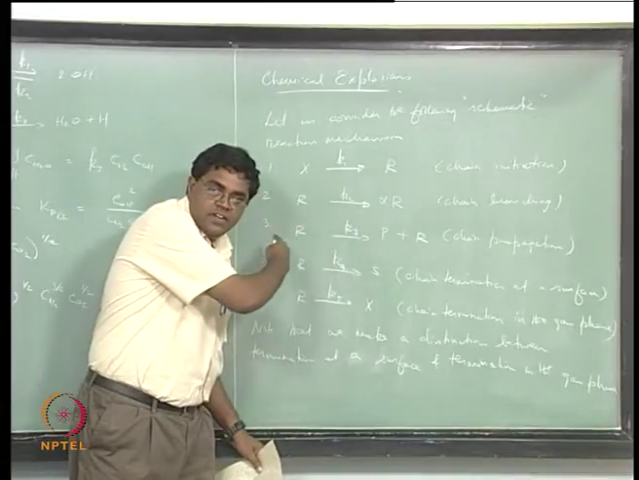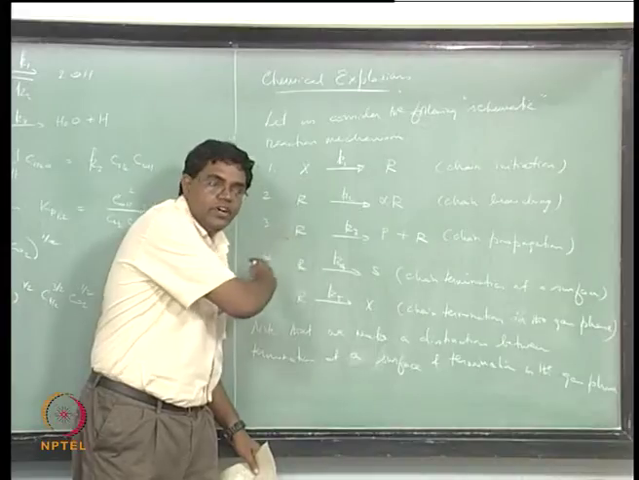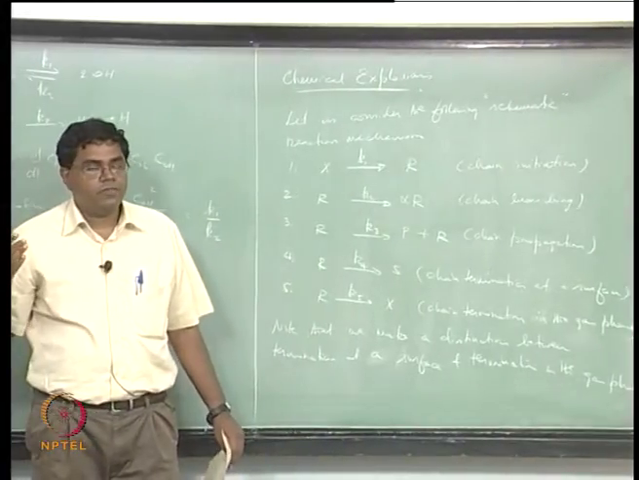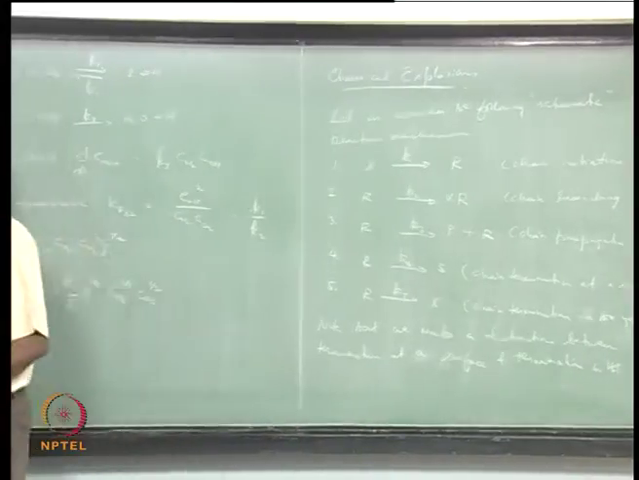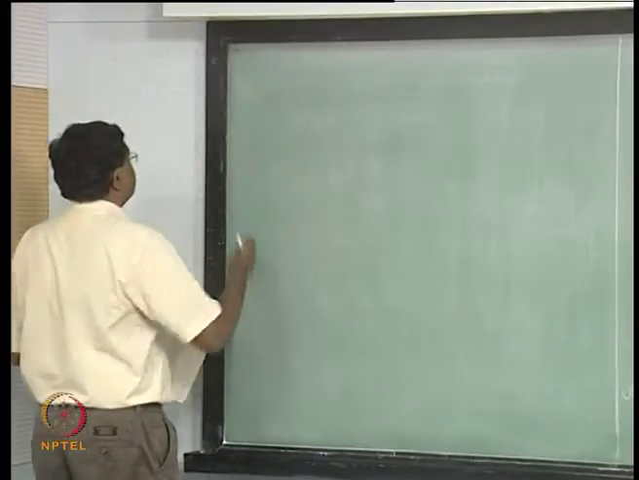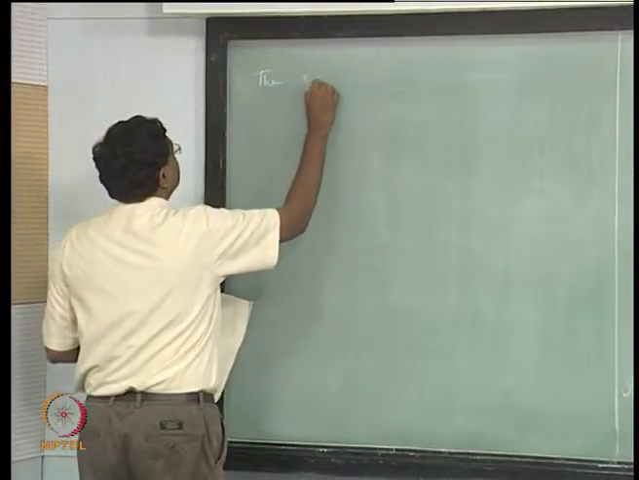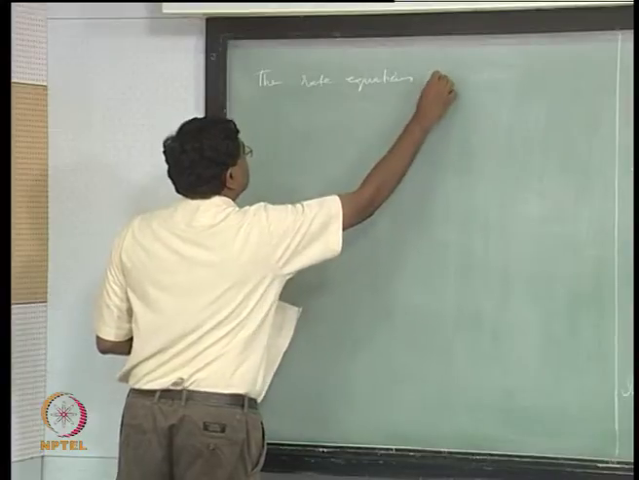Since they are hidden, we can't write rate equations exactly depending upon their concentrations. So we are going to write equations that are functionally correct but not accurate. That is what we will end up doing. So let us say the first equation, the rate equations for these are,